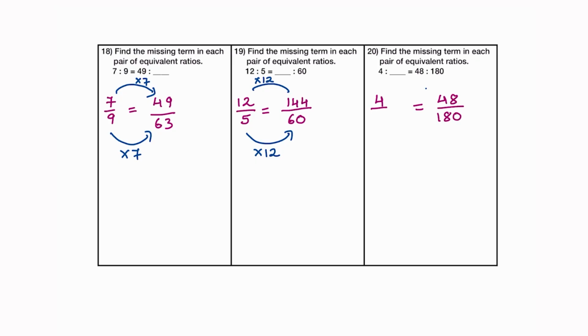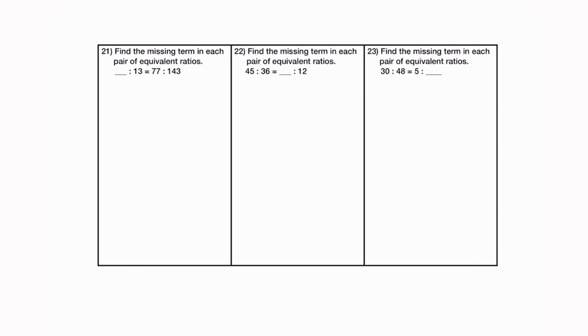Now, we do the reverse process here, from 48 to 4. How do you get there? You have to divide it by 12. Same thing here. 180 should be divided by 12. So if you divide 180 by 12, your answer is going to be 15. Okay? Next, something over 13 equals, I like to leave space so that it's not clumsy, 77 over